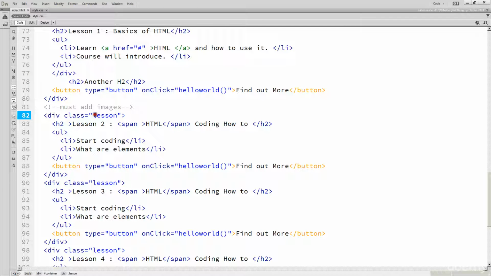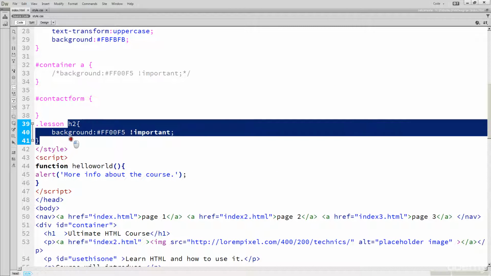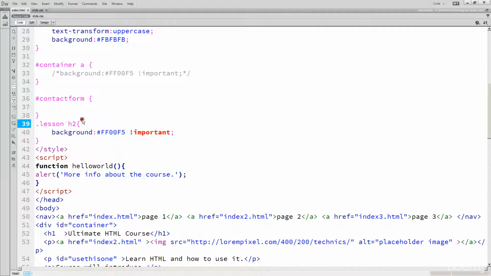With the advent of CSS3, we got the ability to have more than just what we talked about in the previous lesson, where we have these nested selectors. We've got the ability to do different combinations. So this is essentially the same thing nested, and it's the same thing as doing a descendant selector. The H2 is a descendant of lesson,